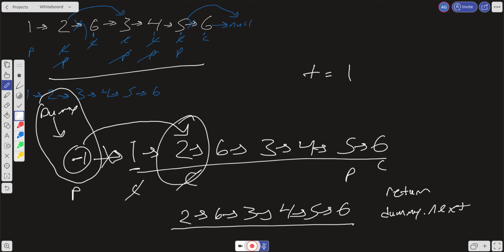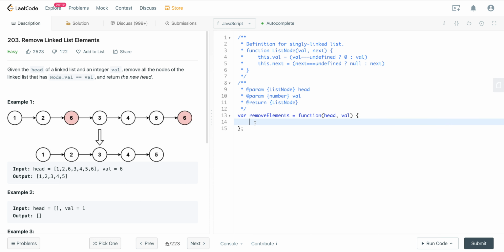All right, so let's go ahead and code this up. So what we want to do is first we want to create that dummy node. So we can say let dummy equals new list node, and we'll just set it to -1. And then we're going to set dummy.next to our head node. And then we have 2 pointers. We're going to have a previous, so we can say let prev equals dummy, and let cur